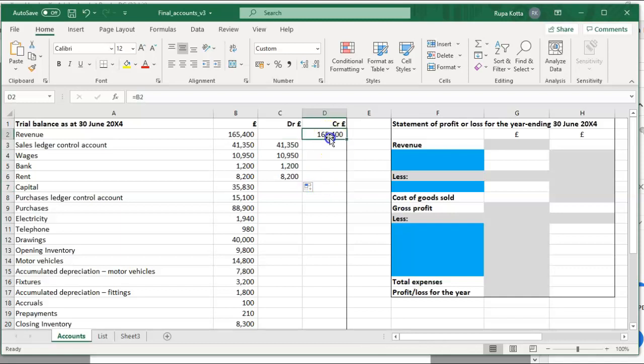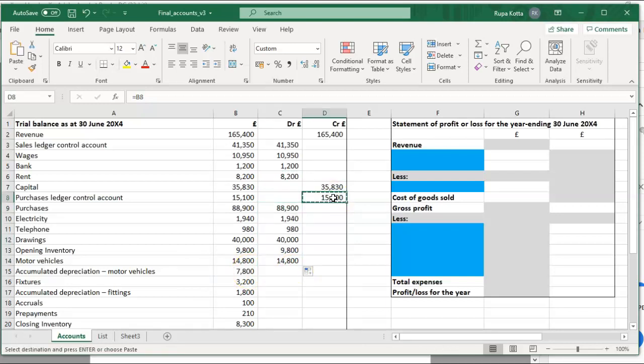Capital is on the credit side, so put it on the credit side now. Purchase ledger control account is also on the credit side. Then purchases and electricity on the debit side. Scroll down again to fill up drawings, opening inventory, motor vehicles, everything on the debit side.